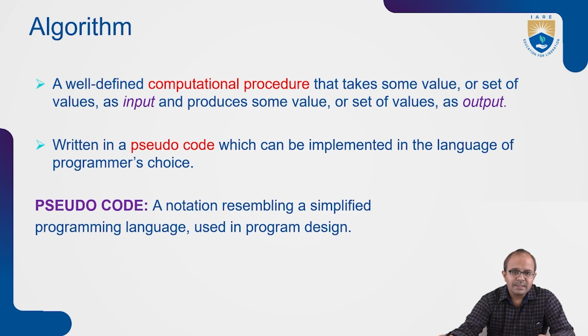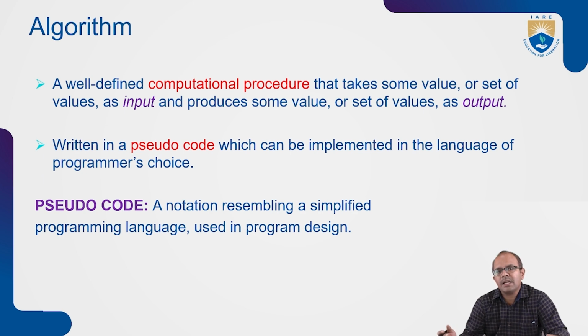So let us see the algorithm initially written at the pseudocode level, which can be implemented in any programming language. So this is the preliminary step before we implement the algorithm. I can say, implementing the algorithm and then designing the algorithm. Designing an algorithm requires a lot of parameters to be considered. The way you are going to express that algorithm is nothing but a pseudocode.